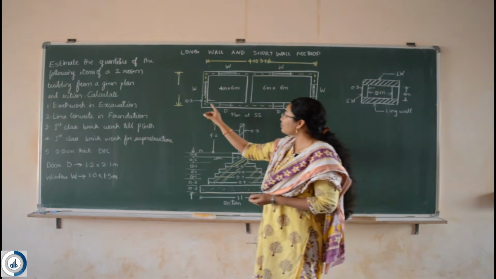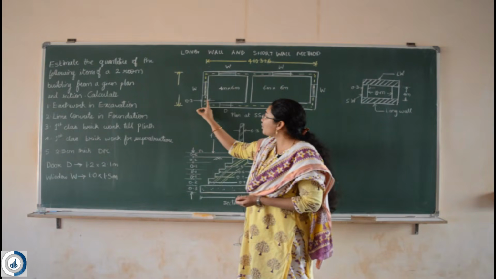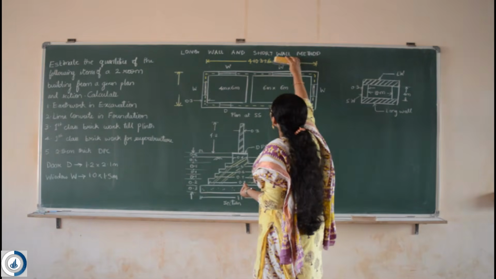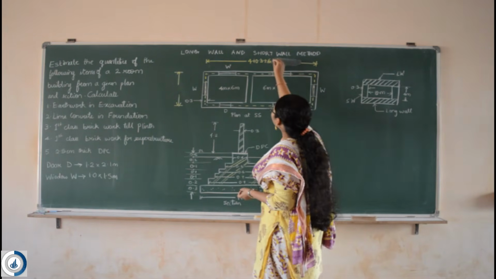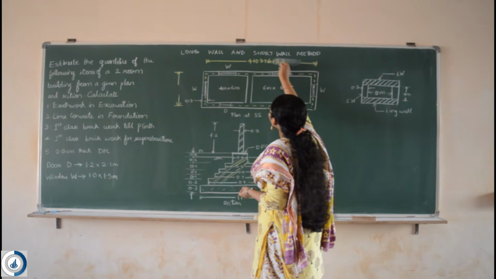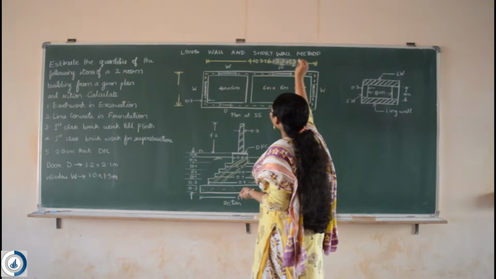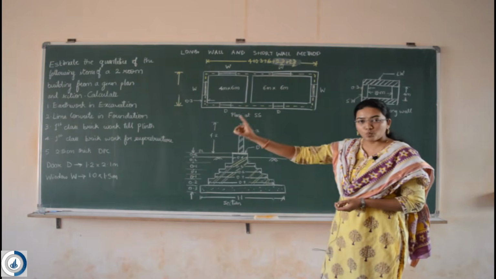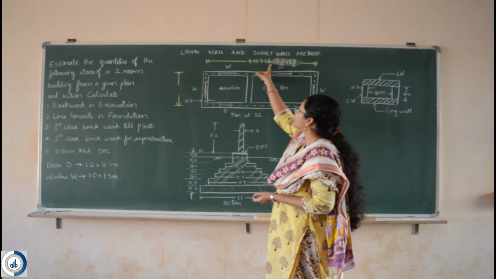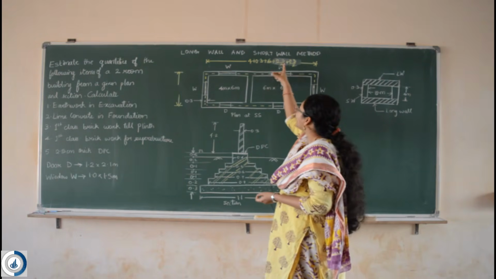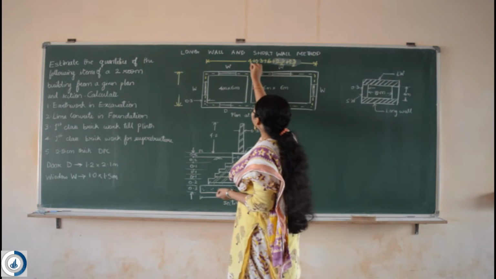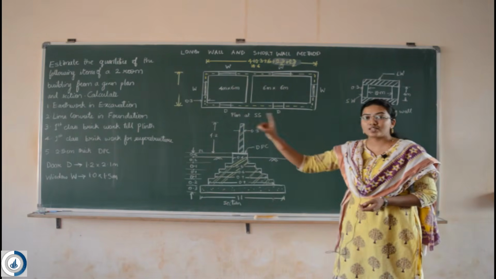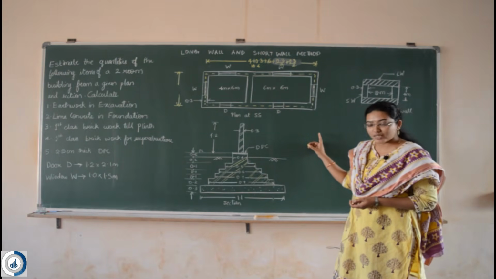But I am calculating center to center distance, so half of this 0.3, by 2, and half of this 0.3, by 2, I have to calculate. So I'll be writing here plus 0.3 by 2 plus 0.3 by 2. The total distance will be the center to center distance for the long wall. So that is 4 plus 6 is 10, plus 0.3, 10.3, 10.3 plus 0.3, which will be 10.6. So the center to center distance for the longer distance of the wall, the long wall, will be 10.6.